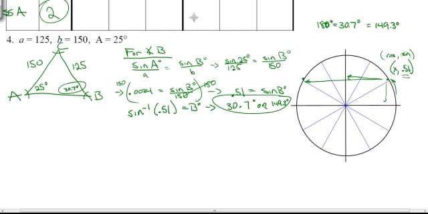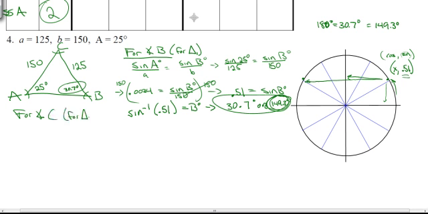Here's what I'm going to do. I found out angle B, and now I'm going to put that up here for triangle 1. And I'm going to keep this off to the side because I'm going to have to use it to solve a second time to find out what my values could equal for triangle 2. So keeping on with triangle 1, I know I have 25 degrees for angle A. I know I have 30.7 degrees for angle B. And knowing this, I can find my angle C